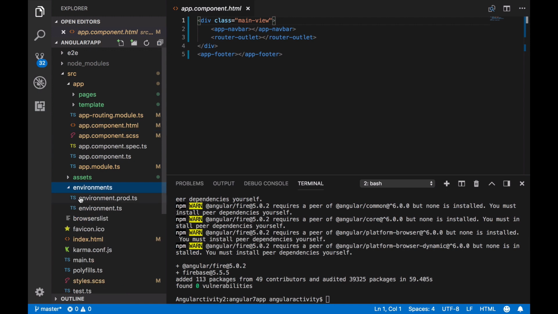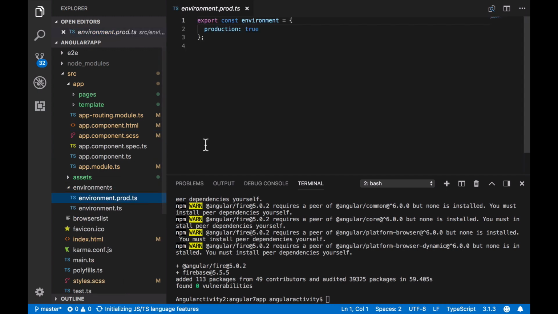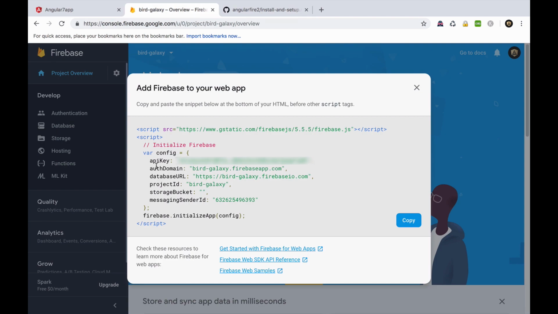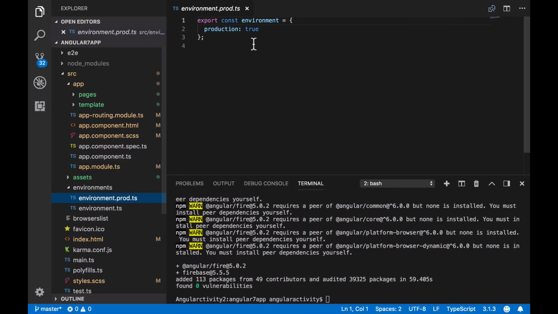Alright, here we have our environments folder. What we have to do is create a Firebase object which will contain the API key from our Firebase console. So let's copy this information and create our Firebase object.